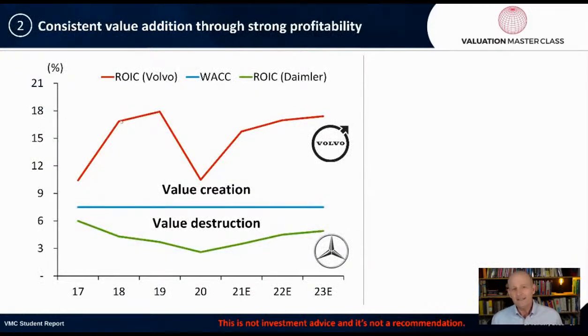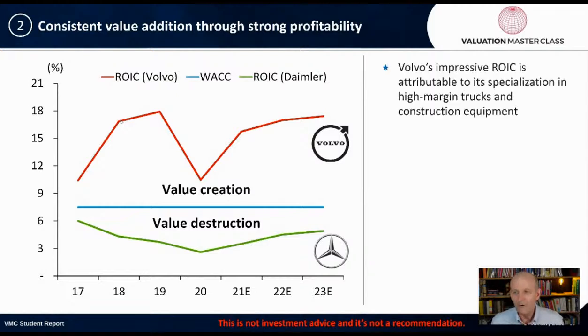Now, let's look at the next point, which is consistent value addition through strong profitability. My goodness, look at the comparison between the ROIC of Volvo, the red line, versus the ROIC of Daimler or Mercedes-Benz, the green line. So Volvo's impressive ROIC, return on invested capital, is attributable to its specialization in high-margin trucks